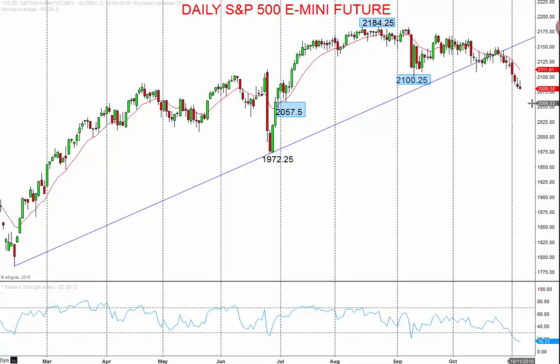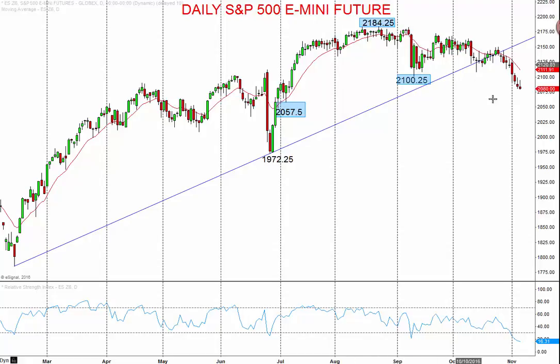We're now going to take a look at the S&P 500 E-mini future and its impact, we feel, currently on the FX markets, and then looking forward to what we anticipate potentially going into the US election and then beyond for Q4. So in the very near term, this sell-off in the S&P 500, particularly through this level here,